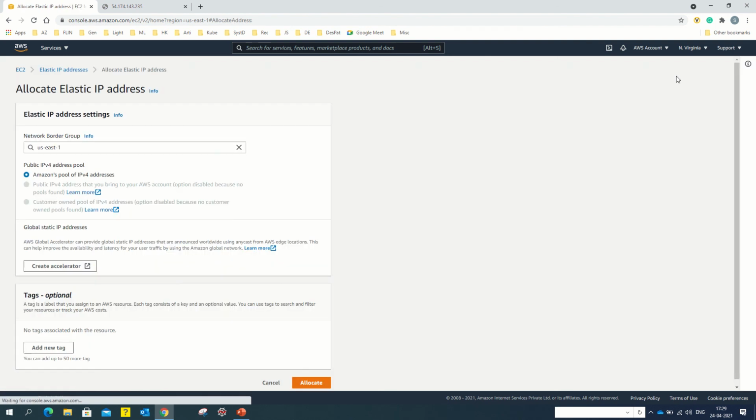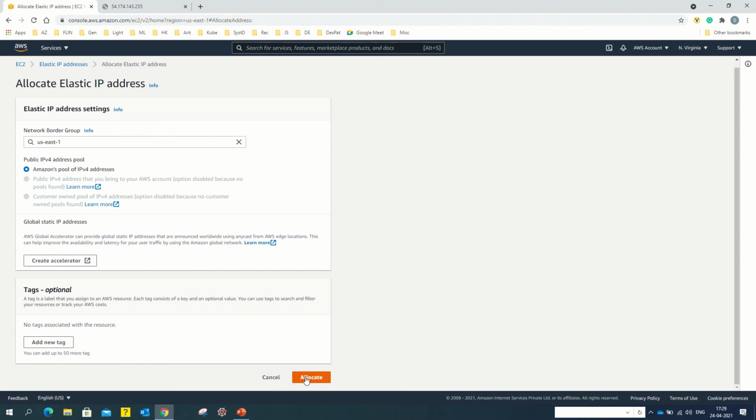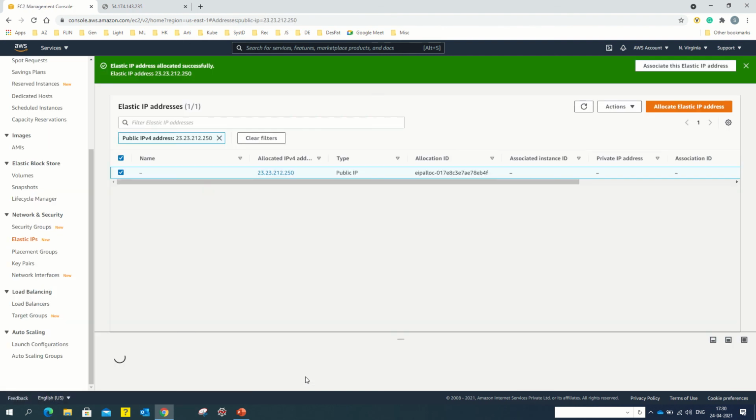I'll click on this button. You specify the region where your EC2 instance is running, then just click on the button called allocate, and AWS is going to allocate a random IP address to your AWS account. So now this is one elastic IP address which got created and which will be available for your AWS account.